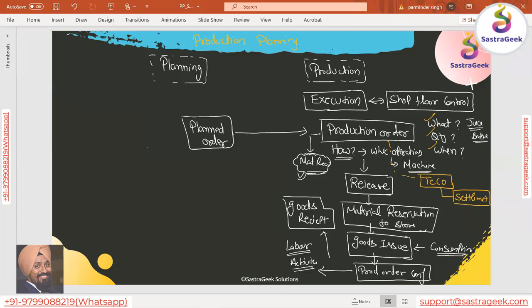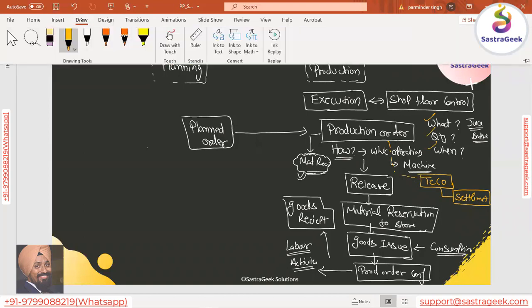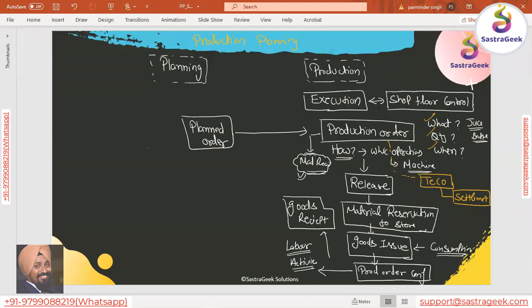The first thing which we'll be doing in the planning here would be your demand planning. In demand planning, you can also use a thing called forecast. You will be doing a forecast of how much material would be required to sell, how much material I will be selling for the finished good, right? So that forecast needs to be done. That forecast would come into the system as PIR.